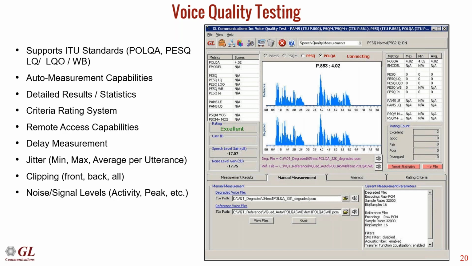But we have other tools that can also give you an idea of, well, were there any audio dropouts? Meaning, was there loss in audio during the 5-second transmission? Was there a change in the frequency or the power? So there's a lot of other things that we can do, and so we have other tools available for that as well. Okay, next slide.